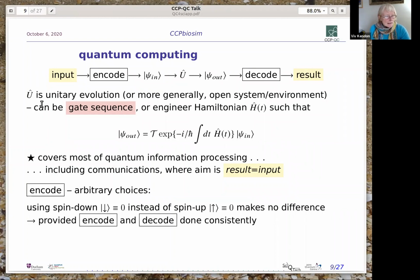In quantum mechanics terms, this type of evolution has to follow the laws of quantum mechanics, which means it's unitary evolution in mathematical terms. More generally, you can have an open system, a noisy environment one, but I can deal with that by making the size of the whole thing larger so it includes the environment that it's connected up to. And you can do this with a gate sequence, a sequence of instructions much like you would on a classical computer,